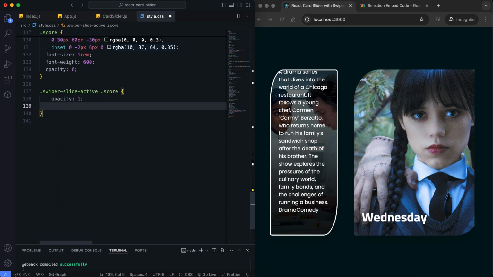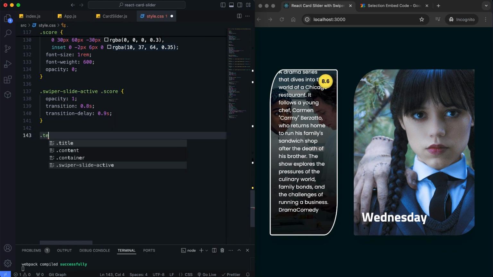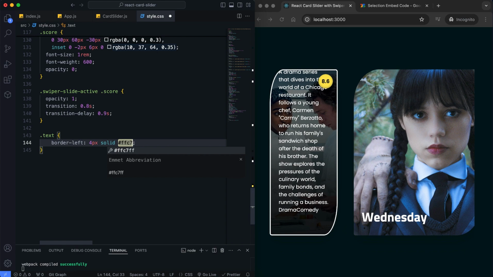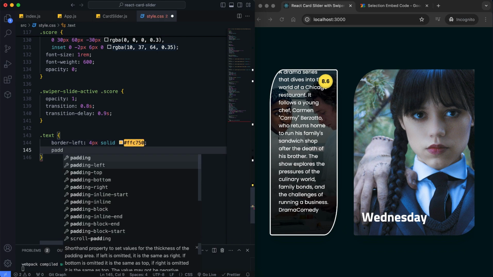The score fades in when the slide is active. The text block is styled with a border on the left side and padding.